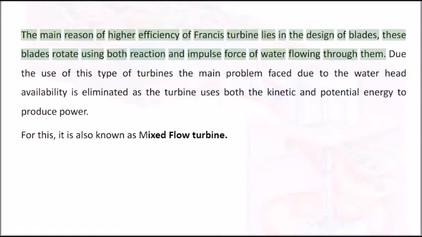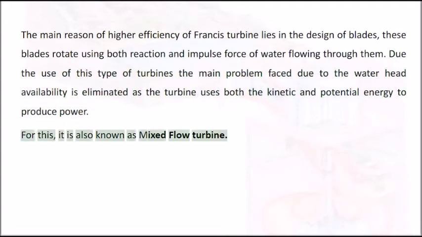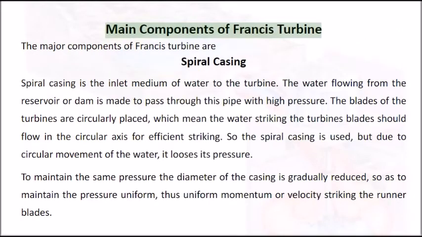Due to the use of this type of turbine, the main problem faced due to the water head availability is eliminated, as the turbine uses both the kinetic and potential energy to produce power. For this reason, it is also known as a mixed flow turbine. Main components of Francis turbine. The major components of Francis turbine are: